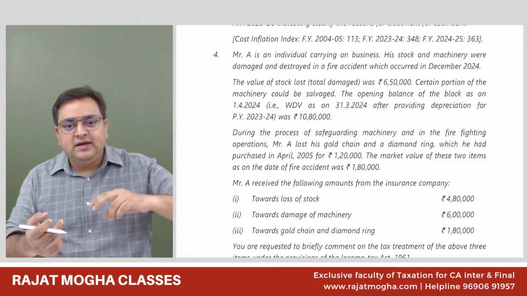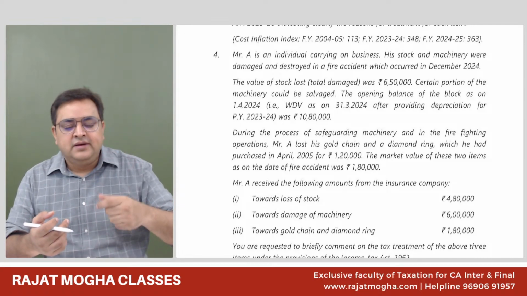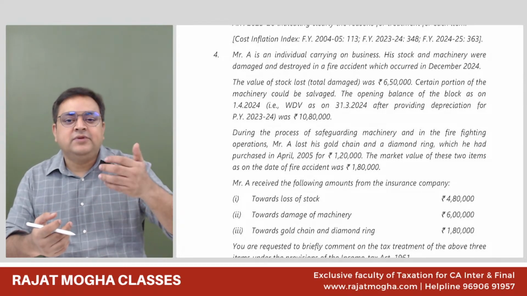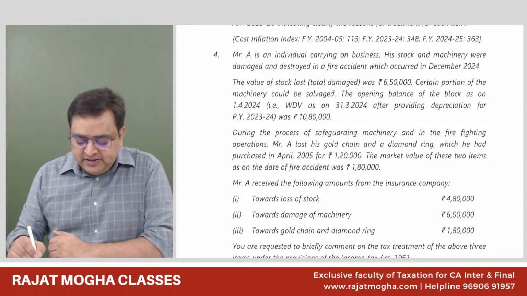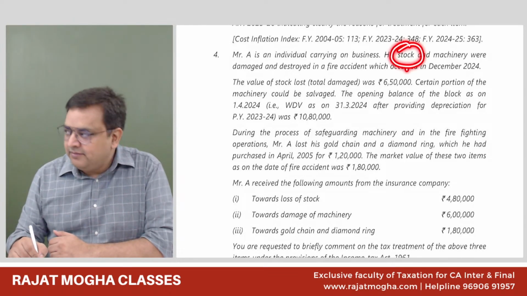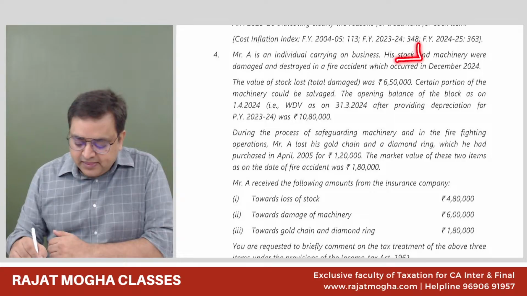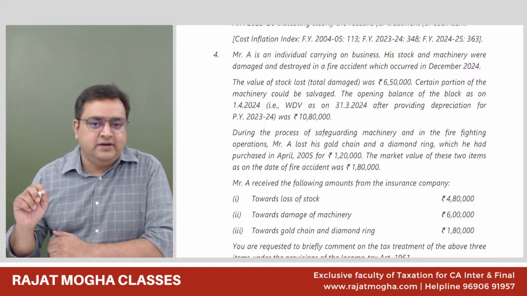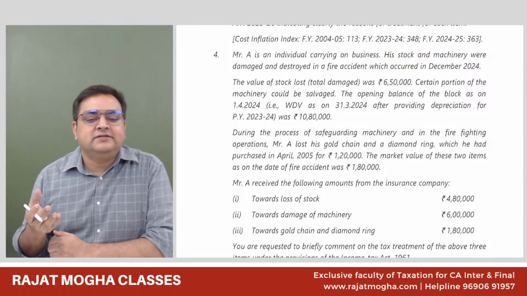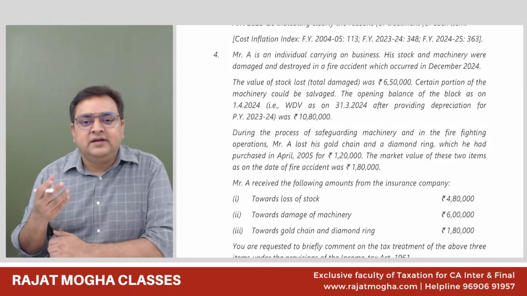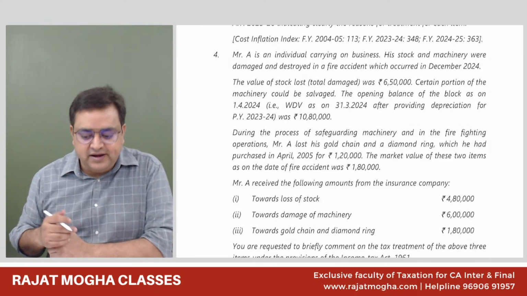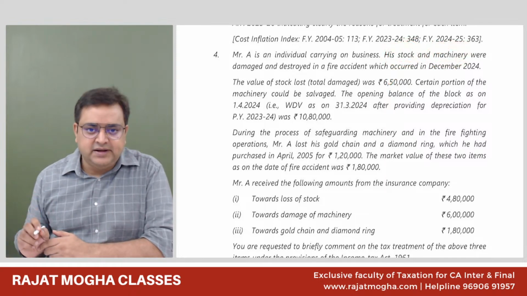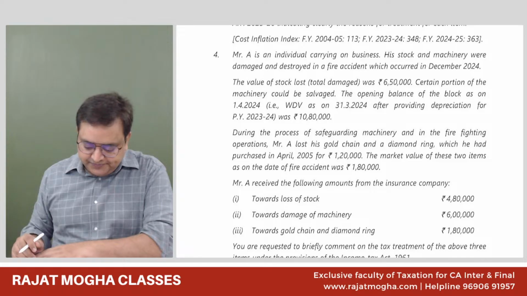Correct? So in case the stock gets destroyed, and we are getting the money from the insurance company as an insurance claim, will that be a capital gain or a PGBP income? Everybody tell me. So this would be a PGBP income. On the damage of stock, capital gain can't be there, because the definition of capital asset specifically tells us that the capital asset does not include stock in trade. So on stock in trade, PGBP income, and on machinery, there might be capital gain. Why I'm saying might be, we'll see.